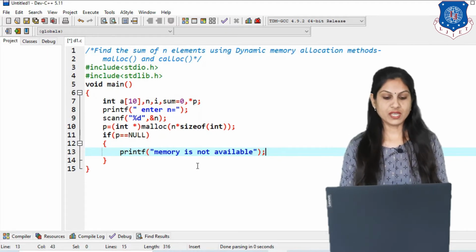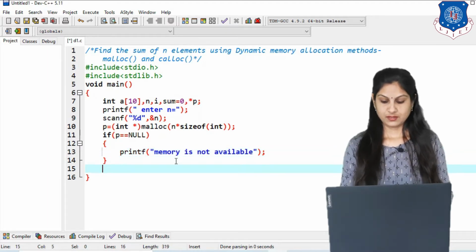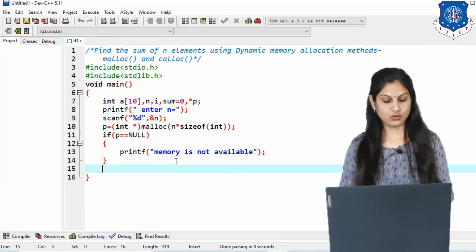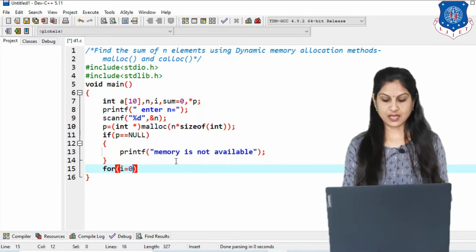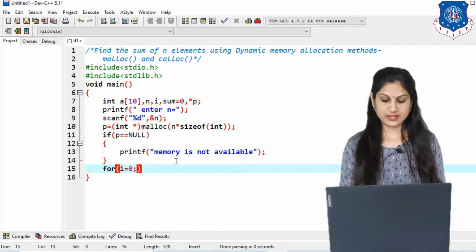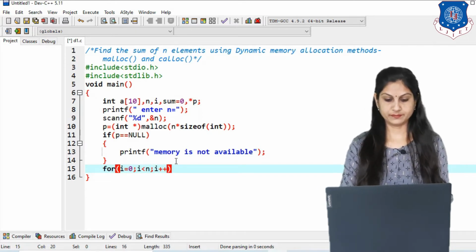And then after that we write the logic for the sum, and for that we need a for loop. So here I write for, and I start from 0 always because the array index starts with 0, then i less than n, and then i++.